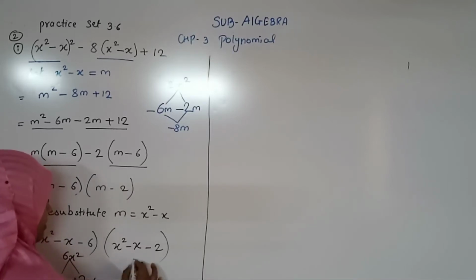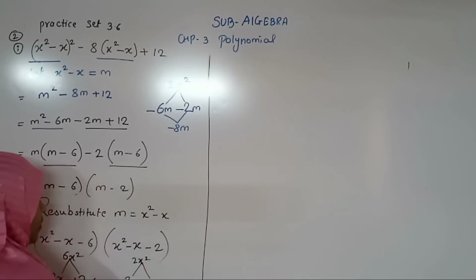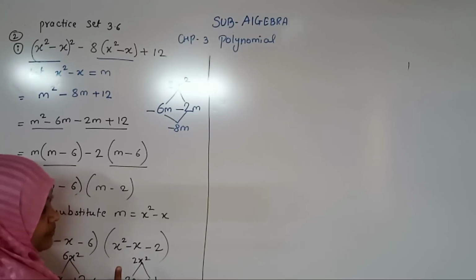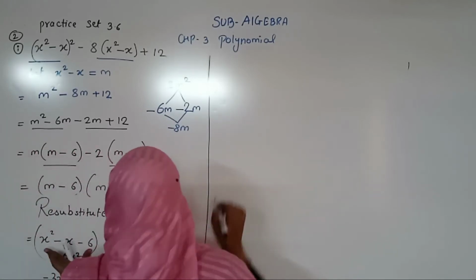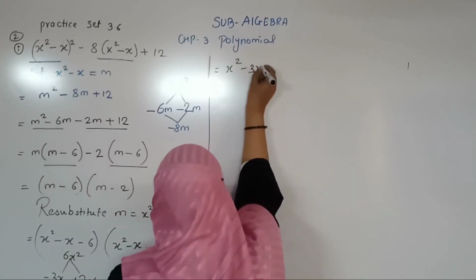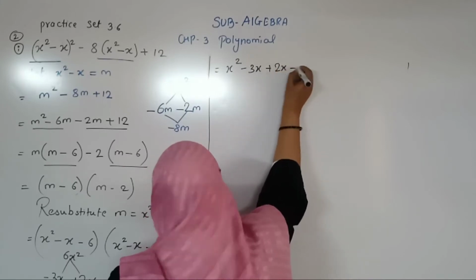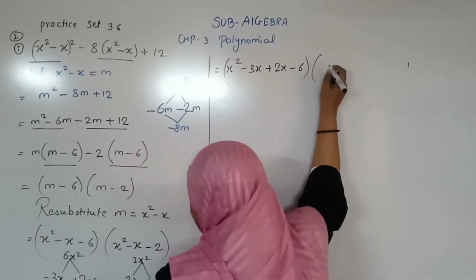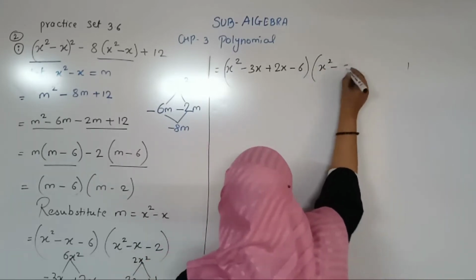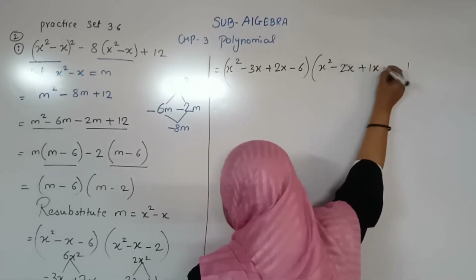Now here also I should do the same thing, right? So what is this? Minus x, but here I want minus 2x. So 2 1s are 2, right? In the second stage we have to put the variable. Here I have a minus sign, I will put it in the bigger number. Second I have to put plus, because minus plus becomes what? Minus. So 2 minus 1 will be 1, right? Now we have to solve this bracket. So x square, instead of the middle term I will take these 2 numbers, that is minus 3x plus 2x minus 6. Here also, x square minus x, or instead of minus x I will take minus 2x plus 1x minus 2.